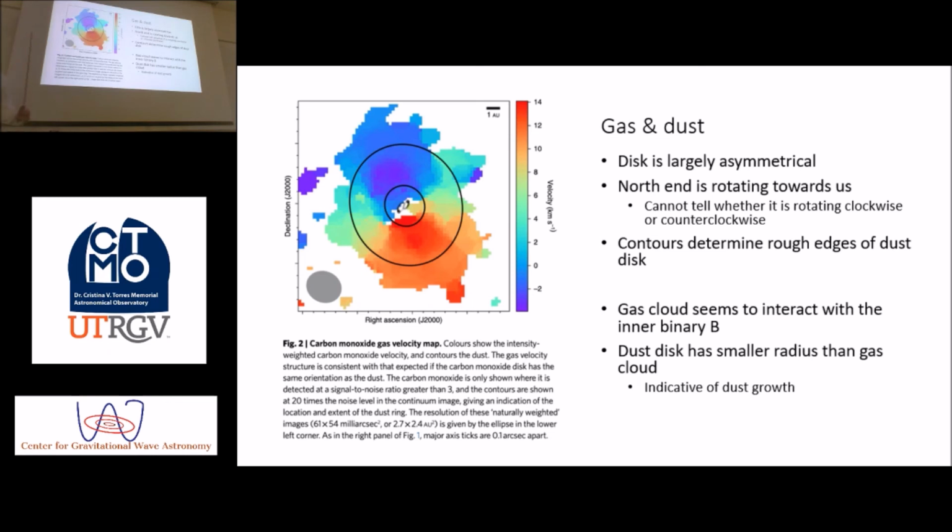Again, because I mentioned it earlier, this disk is relatively planar in the sky plane. So we can't tell whether it's rotating clockwise or counterclockwise. Again, the contours determine the rough edges of the cloud disk. And that's really important to point out because